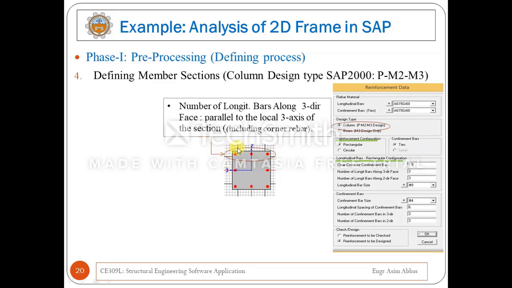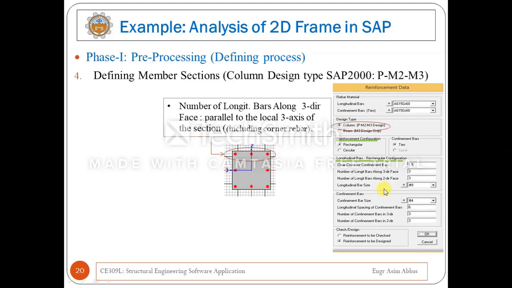Right? Similarly, the number of longitudinal bars along 2 face direction, this is along 2 face, and parallel to this 2 face is this one, right? In both faces the number of longitudinal bars is 3. Then the longitudinal bar size, it is number 8, and you know what the size of a longitudinal bar is. If the size of a longitudinal bar is number 9, it means that the diameter of this bar is 9 by 8 inches,